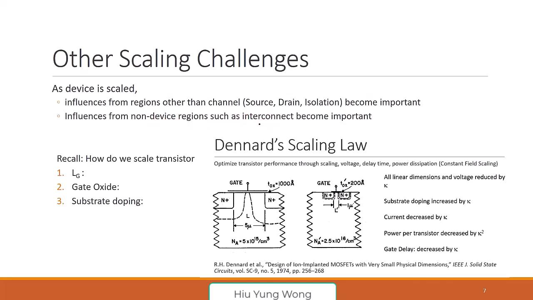This is referring to the parasitic resistor and capacitor. Right now you make your transistor so fast, it becomes useless because your interconnect is